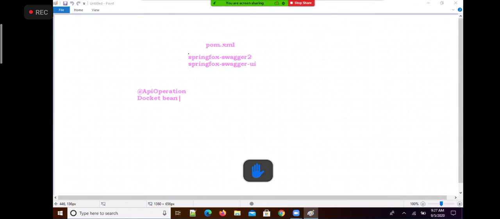Third, configure the Docket bean in the Spring application context. Fourth, in the Spring Boot application class, enable the Swagger capability with the @EnableSwagger2 annotation.